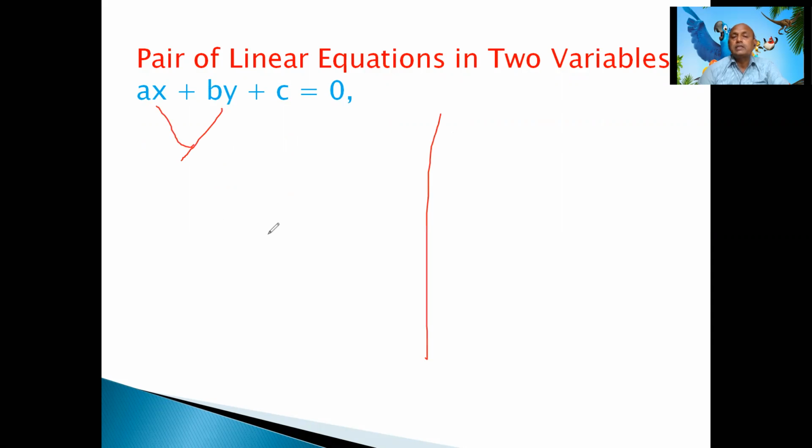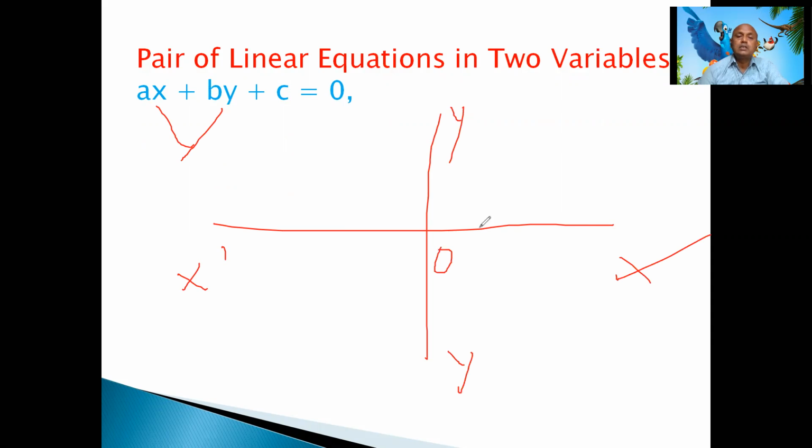These are the points on the x-axis, that is x, x dash, and the y-axis, that is y, y dash, with 0 in the middle. So there are positive points for x on the right and negative points for x on the left, and upward positive points for y and negative points for y in the downward direction of the graph paper. You know very well about this. Again, I am trying to explain to you. Please keep these things in mind to create the linear equation.